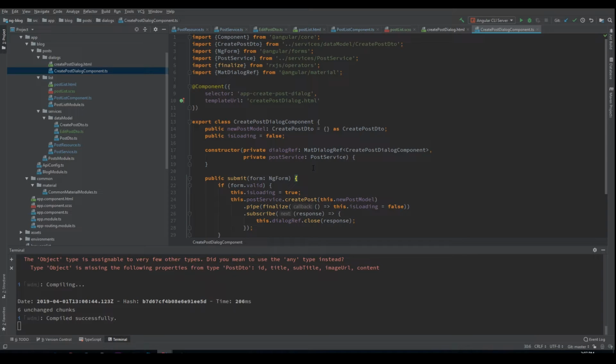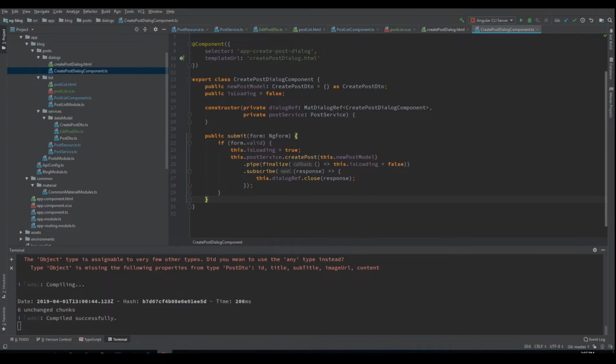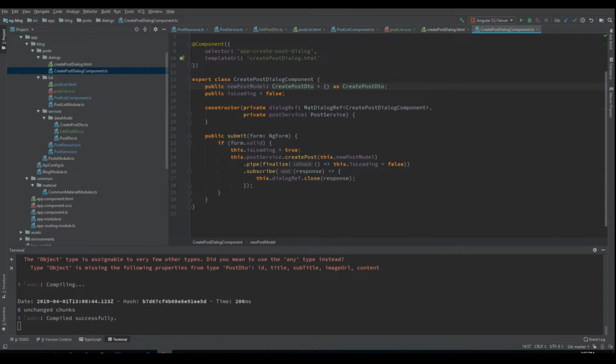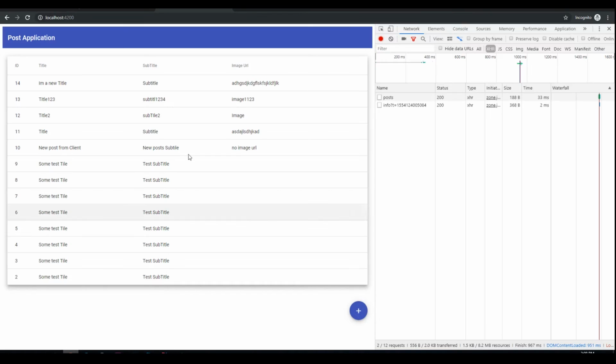And I think we can reuse it. The only thing is we need to tell this dialog that first of all, it will receive a data, and second, if it receives some data inside it, like our post DTO that we want to edit, it should fire a different method. So let's check the documentation for